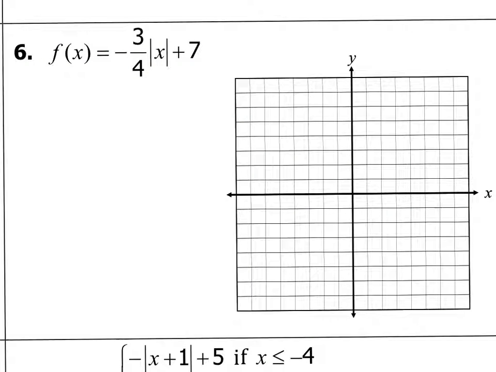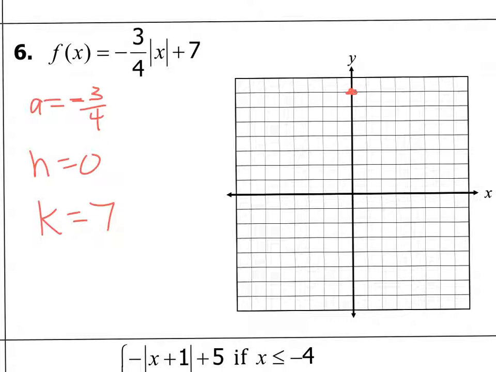Okay, so I'm only going to do one more, number 6, because the other ones are piecewise functions. So we're going to look at this, and so we have A is equal to -3/4. So again, we have A is less than 1. Now it's really A is less than the absolute value of 1. And because the negative just means we're flipping it upside down, we're still going to have a vertical compression. It's going to be flipped upside down. The input didn't change, so H equals 0. The output did change, so K equals +7. So our vertex is going to be at 0, 7,